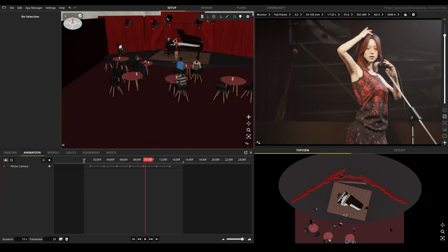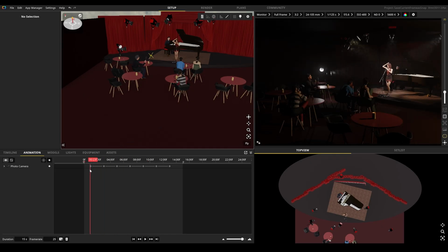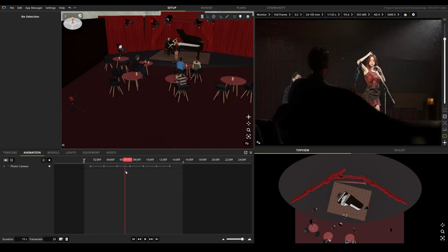Okay, this one's a quick one. It's possible to capture a new snap from an animated one. So here I have a scene where I've animated the camera, and let's say that I really